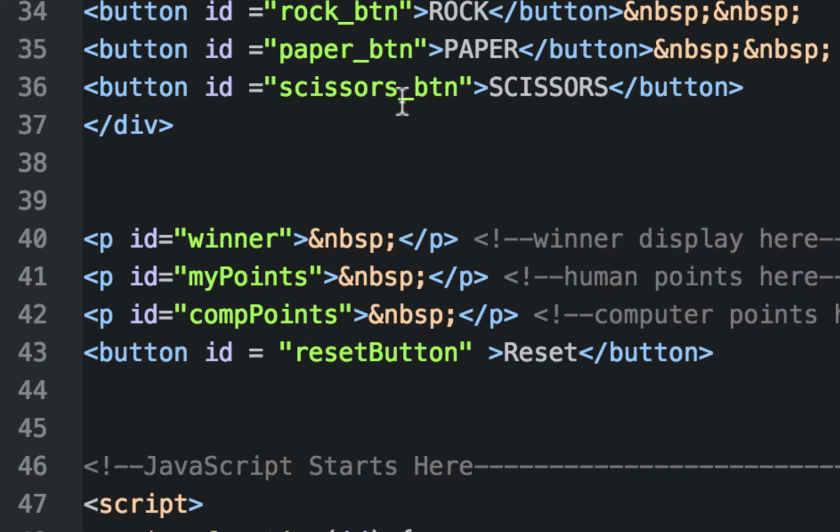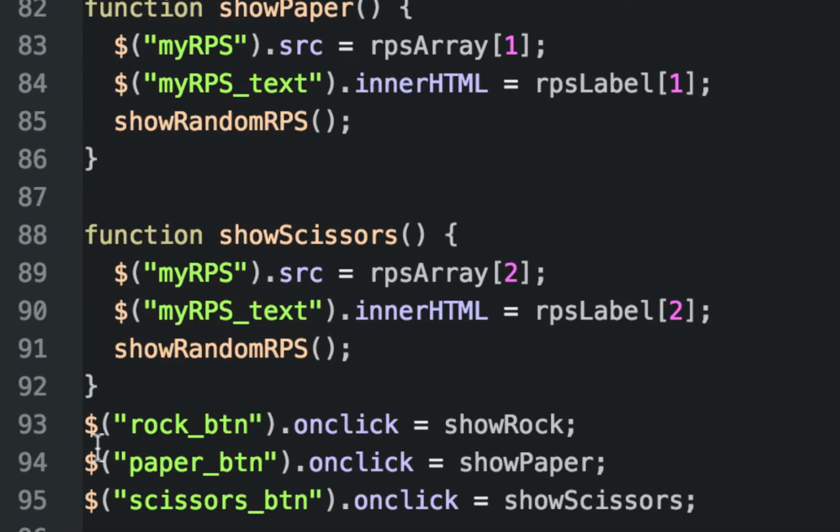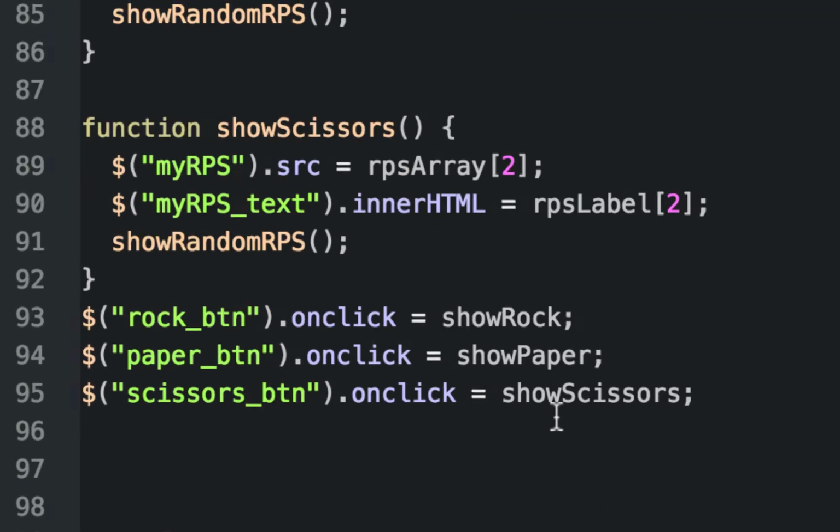Look how we forgot to do that, because I forgot to go up into my HTML and change it. But as long as we have an ID, we're using that kind of function expression to identify the ID: rock button, paper button, scissors button. We're saying dot onclick, and we're running the function. And when you don't actually put parentheses here, when you call it in this way,